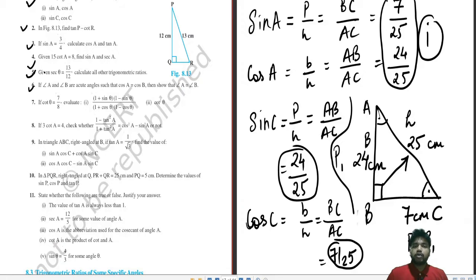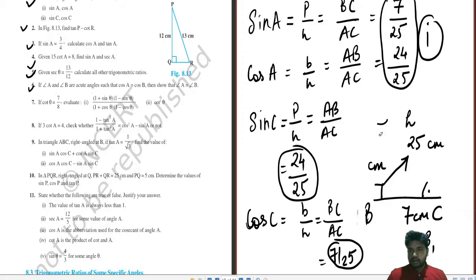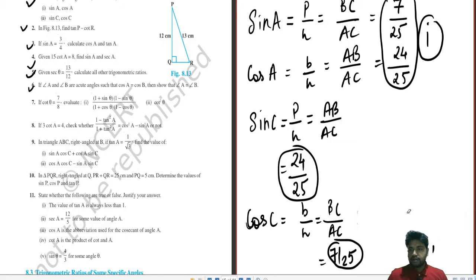So take time to solve your sums. Okay, and once you grab the concept, you can take less time to solve it. I am rubbing from initial to end. First I will rub this part, then I will rub this part.